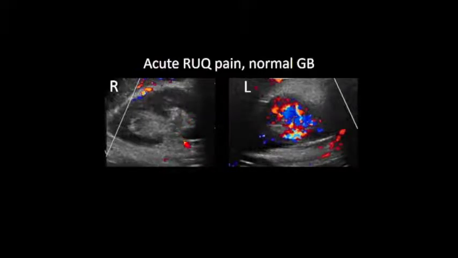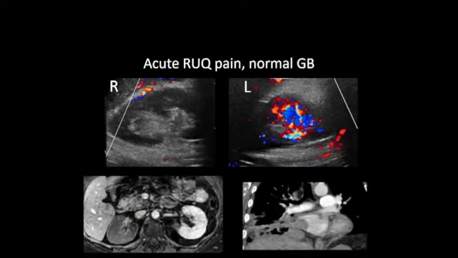Not to do a fancy Doppler exam, but lo and behold, there really wasn't any color there. So we checked the other side just to make sure, and that one had pretty good color. The kidney looked fine in terms of size. So it turned out, this is the MR, the patient,